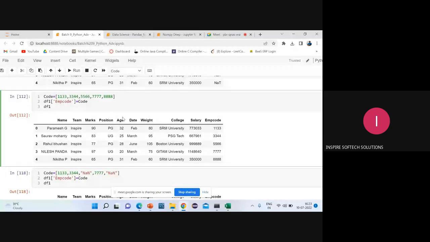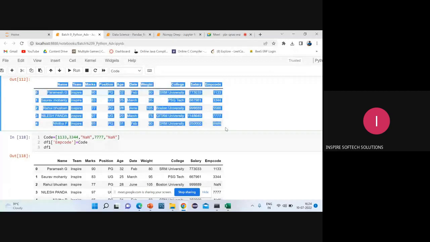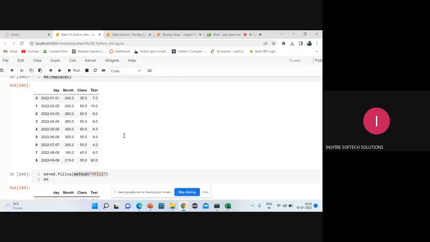So now, if you give employee code, we are able to add the column, but will it reflect in my actual CSV file document? This is the original document, will it reflect? No, it is happening only here in this Jupyter notebook, that action is performed. What if I have to save it in my original document? If that is the case, that is the next step: write into the file. So how to write into the file?